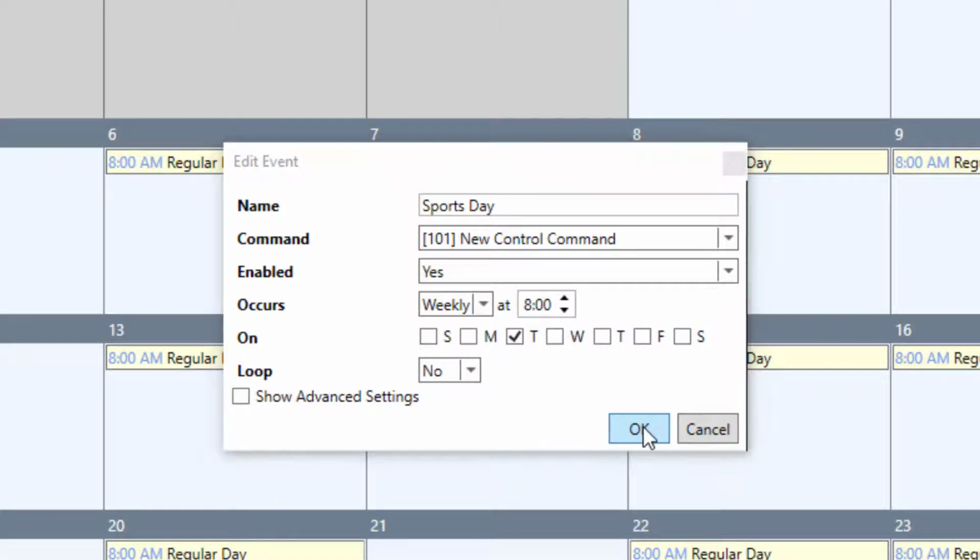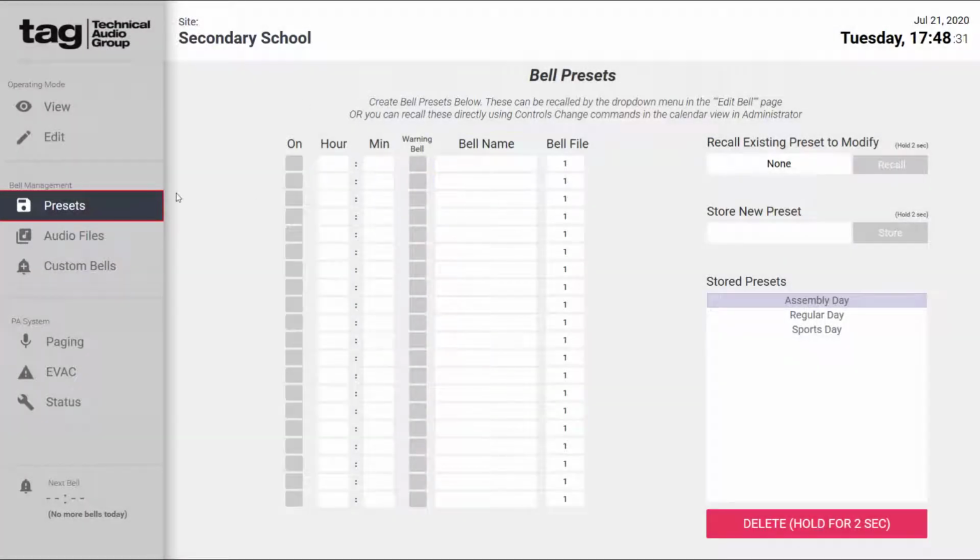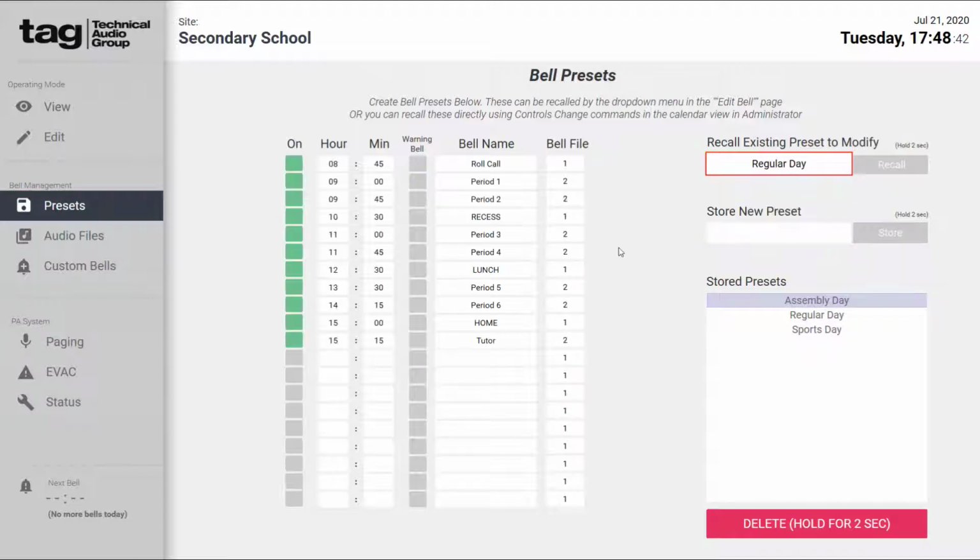So that's all fairly self-explanatory, hopefully. But this bell preset page is where we would actually build our individual presets. So we can see here we've got some stored presets over here. Now I can recall a regular preset to start modifying it, and maybe I want to add in, let's make maybe a rehearsal bell or something along those lines, and we can give it a bell type there,